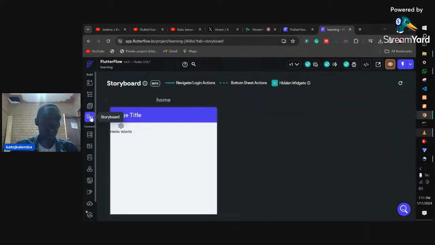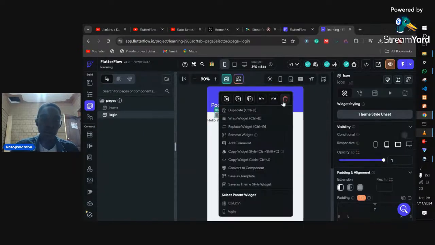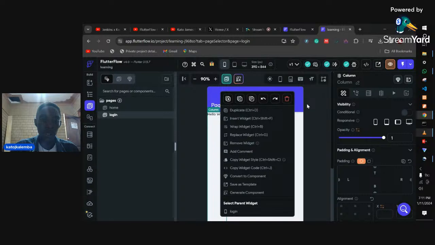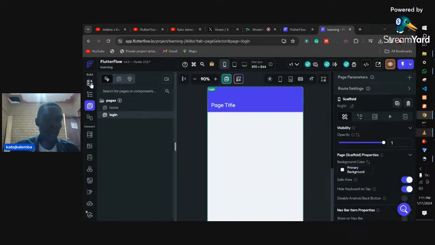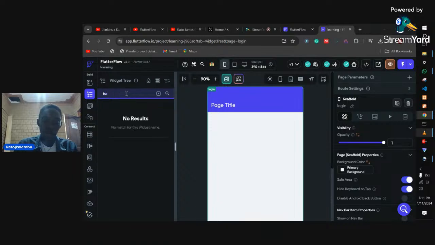Another one is storyboard. Storyboard shows the link between pages in your application. Let me show you an example. If I come here and delete these widgets I had put, and maybe put a button here,